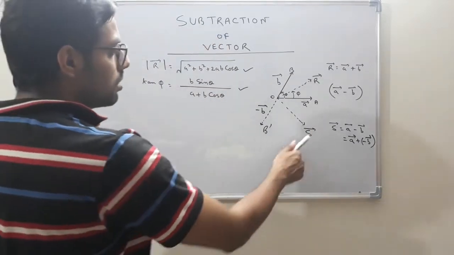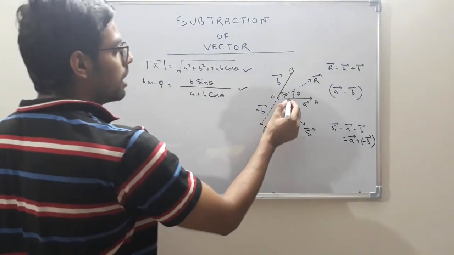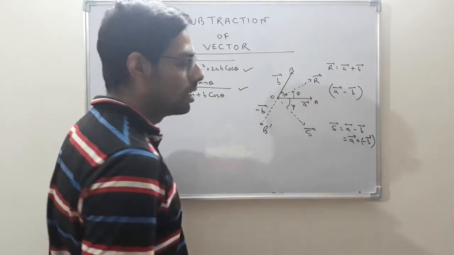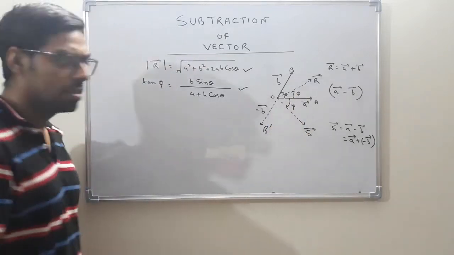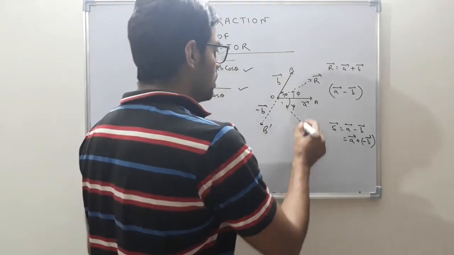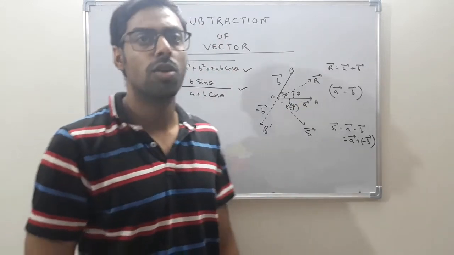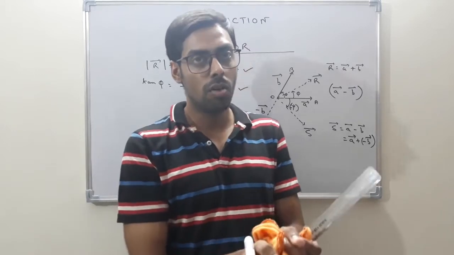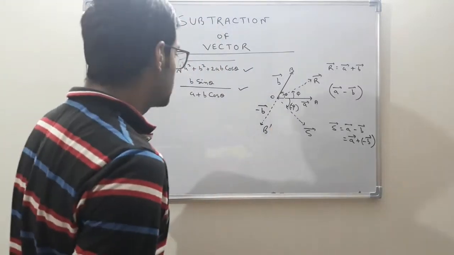Now you have to find out the magnitude of the S vector and the direction of the S vector. Suppose it is directed at an angle with respect to the A vector. Suppose this angle is phi. Now if this angle is chosen in the clockwise sense, from A to S, then this phi will be negative. That is, it will be minus psi actually. Because I told you that in vector analysis we always choose the angle in the positive sense, in the anti-clockwise direction. So if you choose the angle in the clockwise direction, then it will be in the negative sense. So this angle will be minus psi.